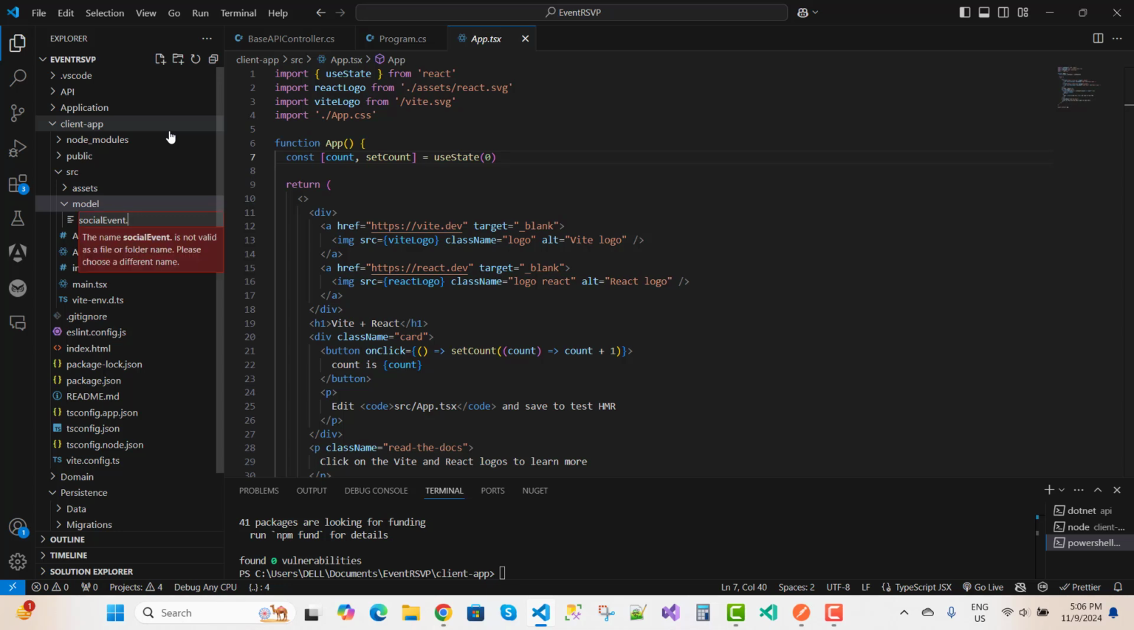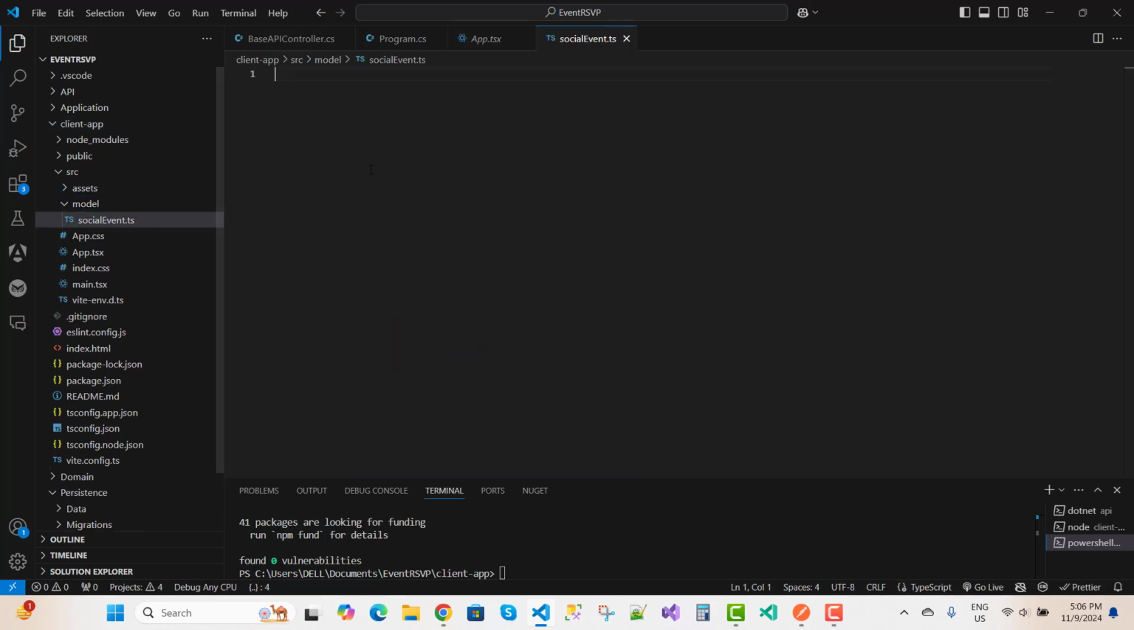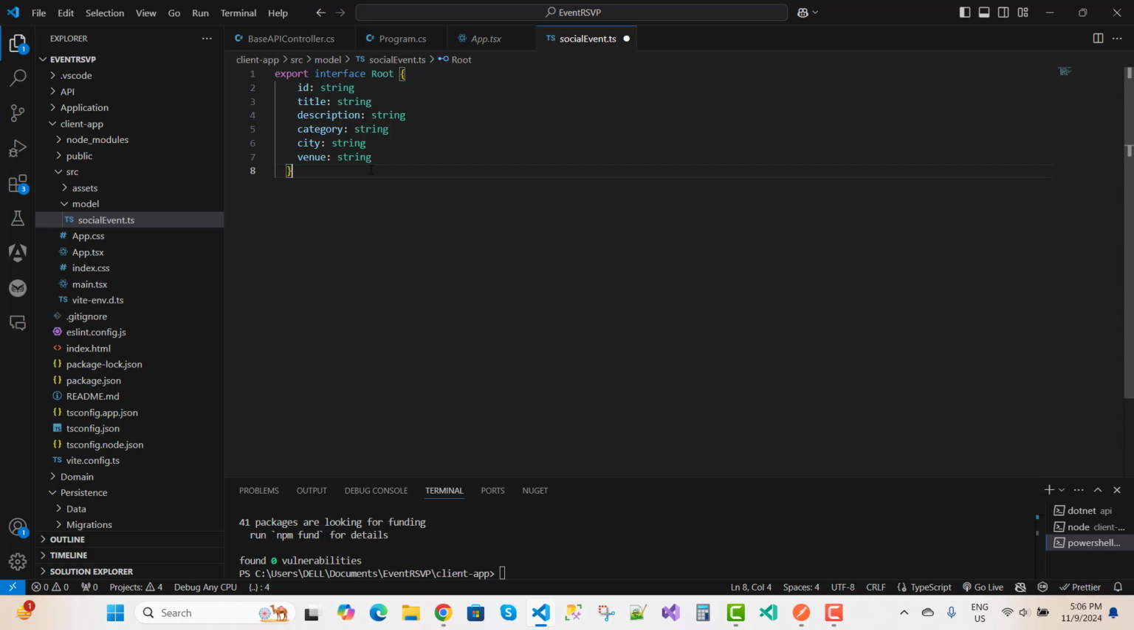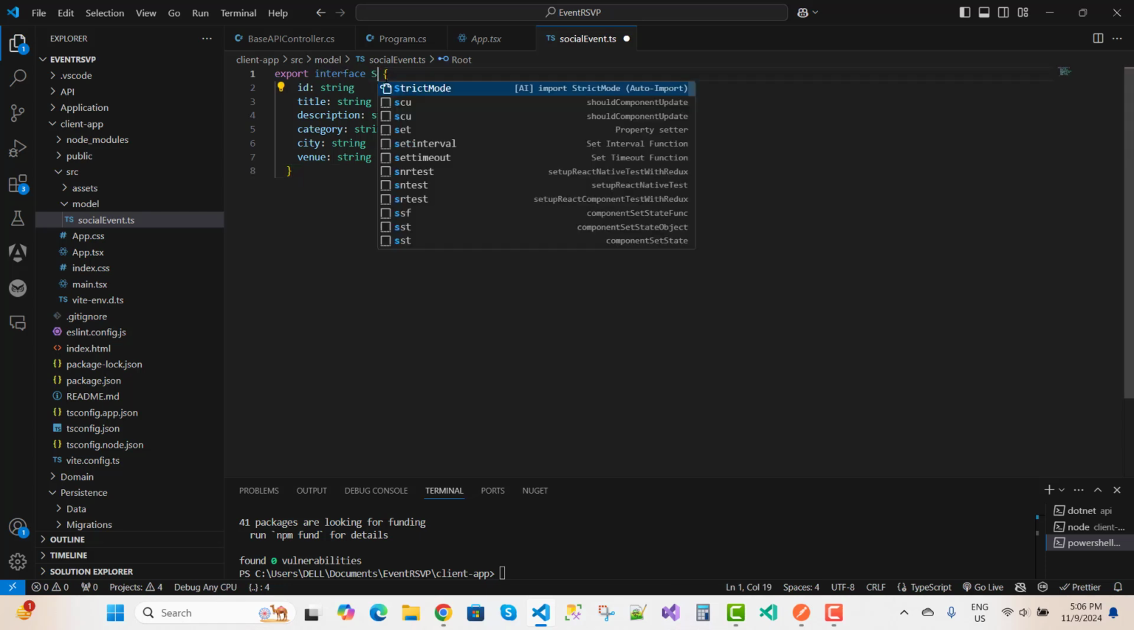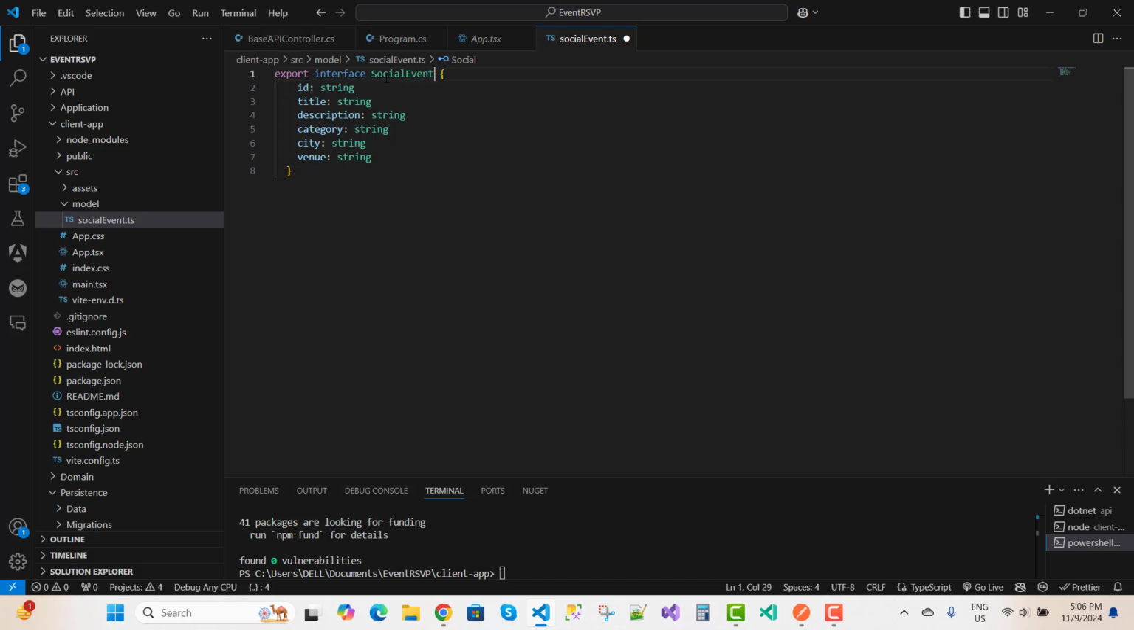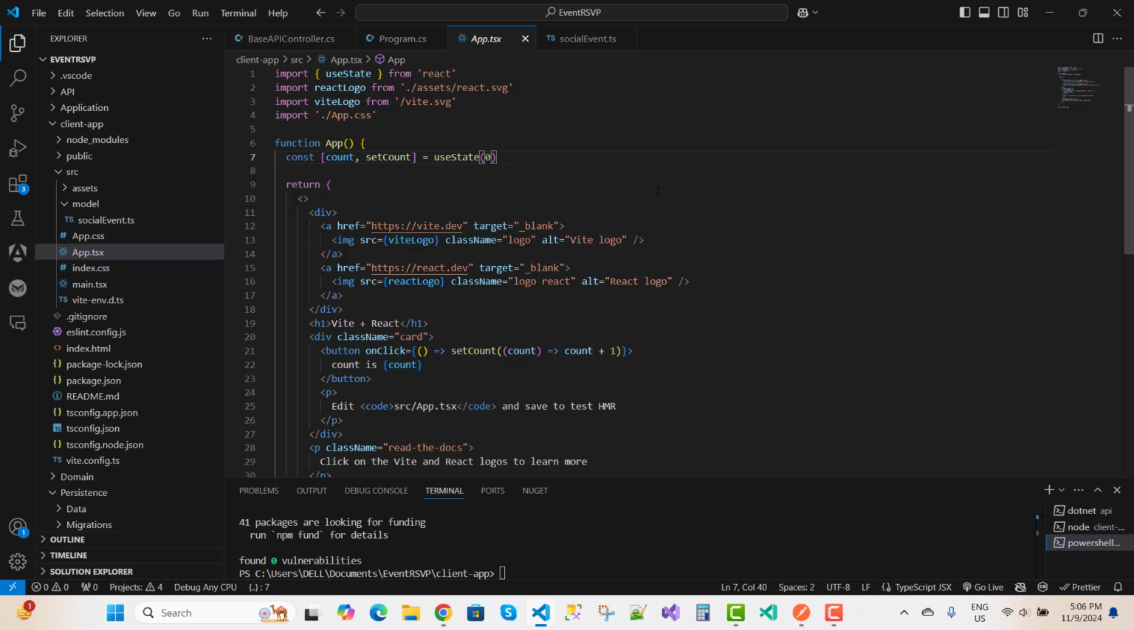So here we have a socialEvent.ts file, that is a TypeScript file, and in the TypeScript file you can add export interface root, and the name of the root is SocialEvent. So your data is there: ID, title, description, category, city, and the venue. Okay, now that is my social event here under the model directory, and I want to use Axios here,